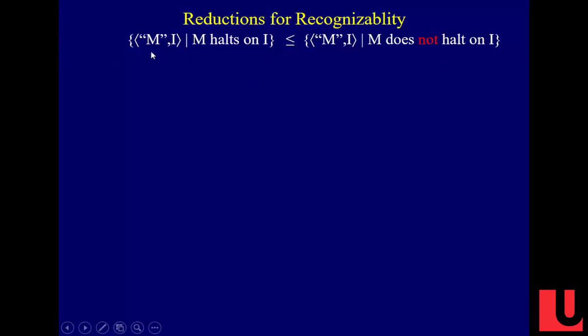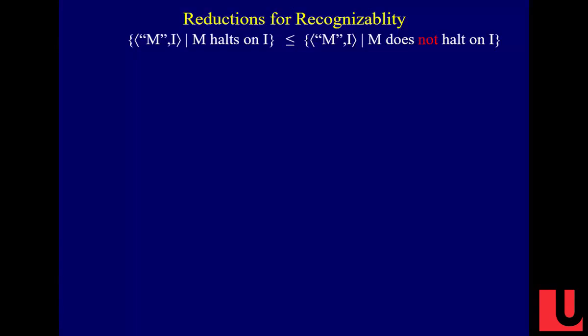Tell me this problem. If M halts on I, I'm supposed to say yes. And here, if M halts on I, I'm supposed to say no. These problems are complements of each other, right? So